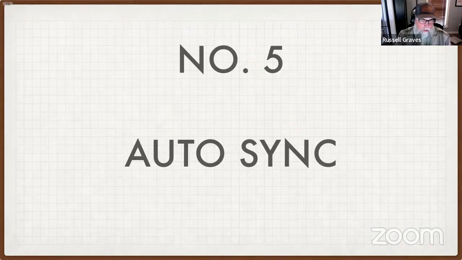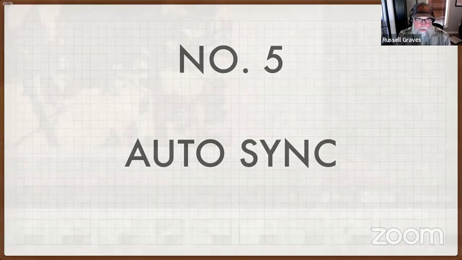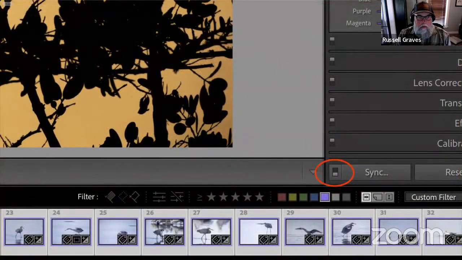This auto sync is a great way of rolling through a bunch of pictures fast, because I'll just go ahead and call myself lazy. Lightroom is getting better every day. And if you'll admit it, I'm right about this, the auto function of Lightroom has gotten so much better over the years, where most of the pictures, I'm not going to say all the pictures, but most of the pictures,